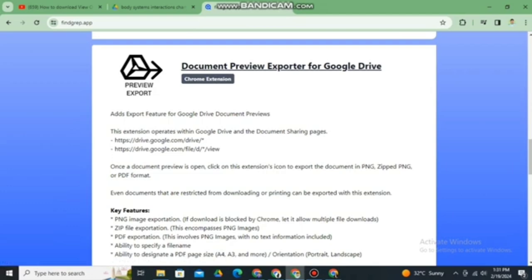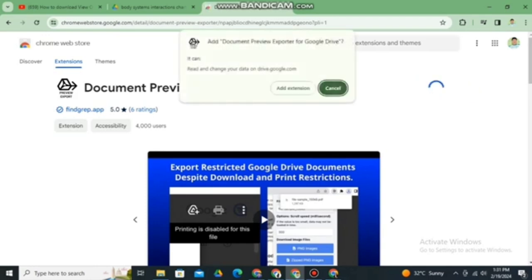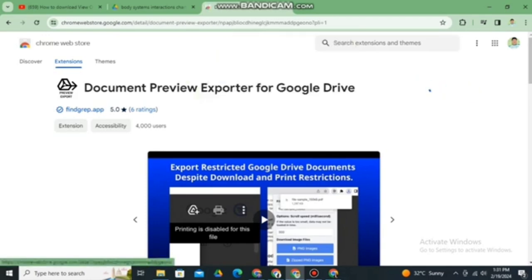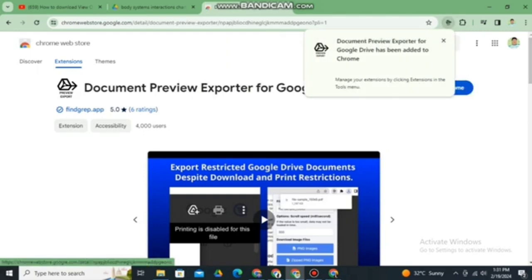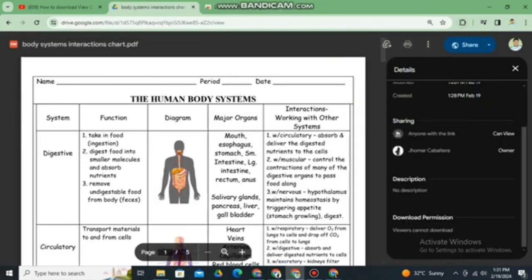But once you're already okay with this, you may now perform its installation and add it to your Chrome extensions. Okay, so here we're going to click add to Chrome, add extension, and once we're done, we've already added it to our Chrome extensions. Then we have here our different extensions. You may check it. It's like a puzzle.